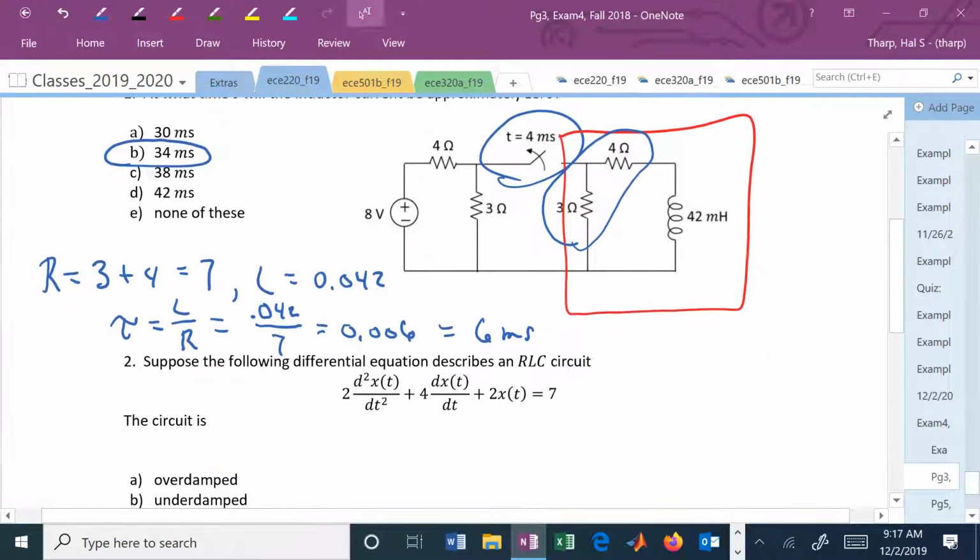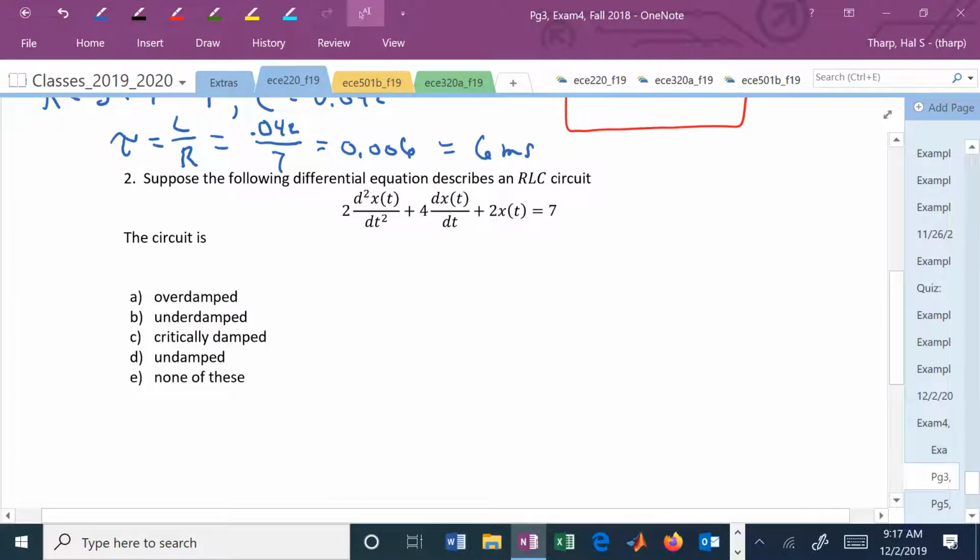So now we're back to page 3 and problem 2 on this exam, which is, suppose the following differential equation describes an RLC circuit. You don't have to know the circuit, you don't have to even know how that was obtained. Now this is just given to you. And you have to figure out, if I'm solving that circuit, is that circuit overdamped, underdamped, critically damped, undamped, or none of these? And you'll do this until you're tired of doing this in 320A, is playing with s's. But here you could say, okay, here is my structure